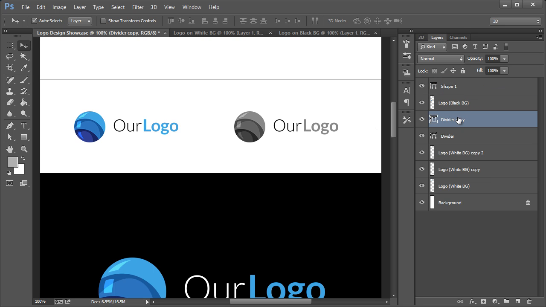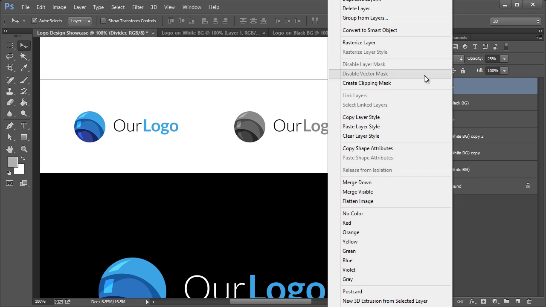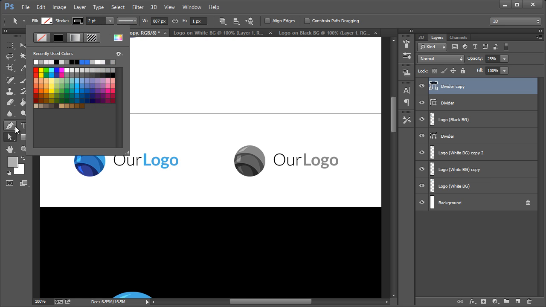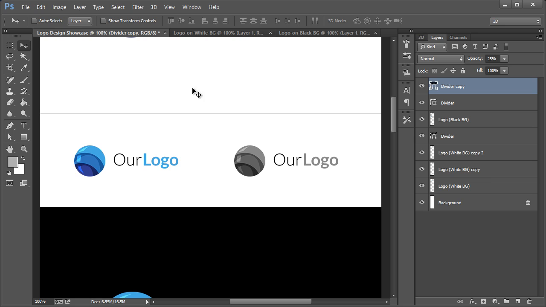Oops, wrong one. I think I selected the wrong layer when I did that. Let me back up real quick. The shape 1 is the divider, and I'll just go ahead and right click and duplicate that, and I'm just going to go ahead and change the color here. Right now it's using a stroke, so the stroke color, if we first select our direct selection tool, we'll make this white, and we'll go ahead and just drag this down